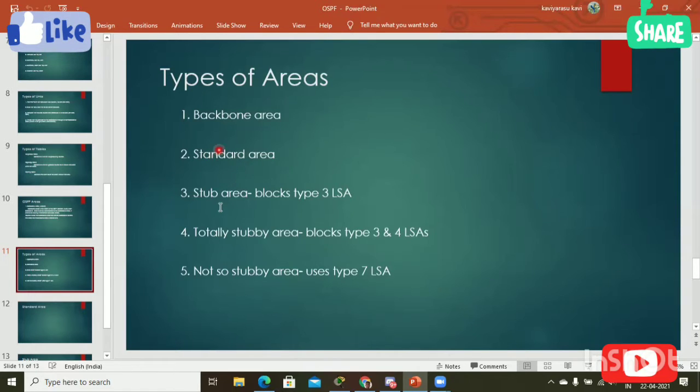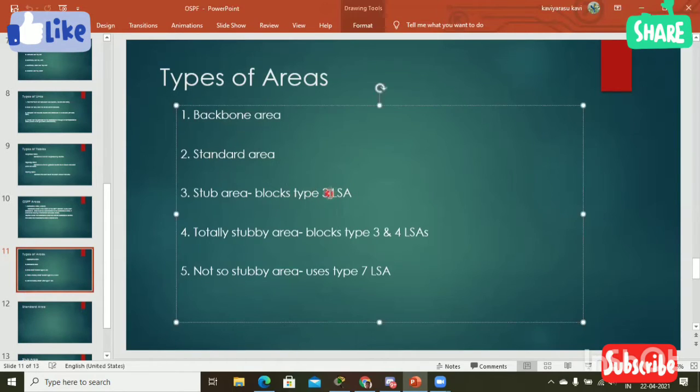Then the stub area will not receive type 3 LSA. It blocks type 3 LSA. No, it is not type 3, it is type 5 LSA. Small correction: the stub area blocks type 5 LSA, which is external LSA.